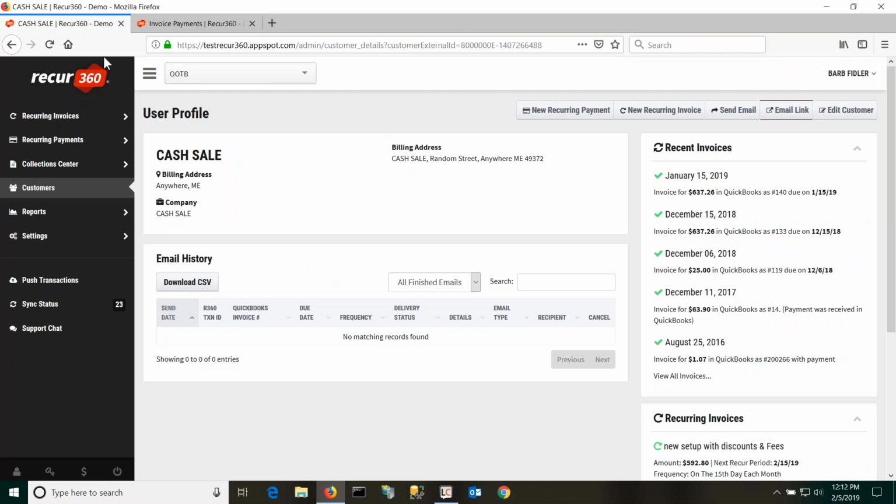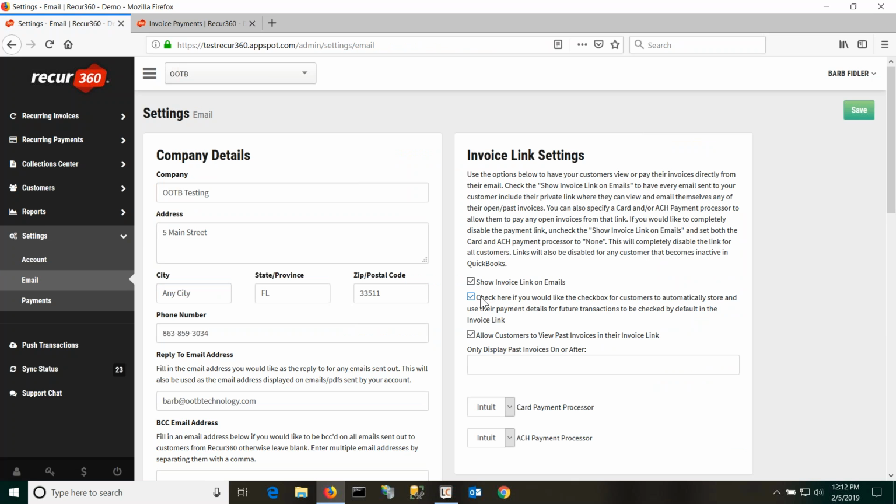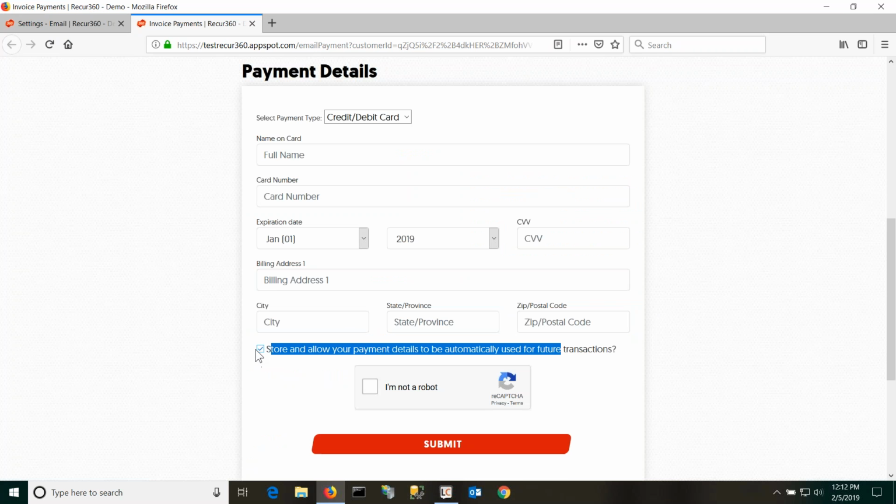So if I go back to my Recur360 screen, back to my settings under emails there, if I uncheck this option here, then that box is no longer automatically checked by default. The option is still there, but it is off. And a customer would have to check that to say they wanted to store their information. Again, part of the design is that we'd like to automate things and like to have it automatically store that,